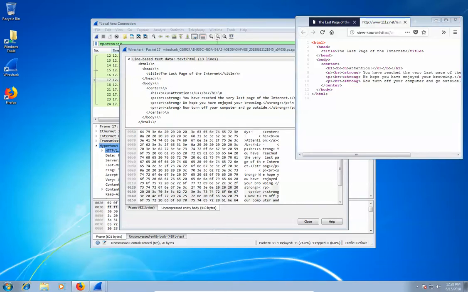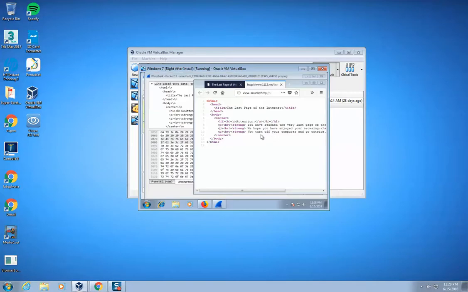Oh, in order to break out of this, I'm going to hit Control C and